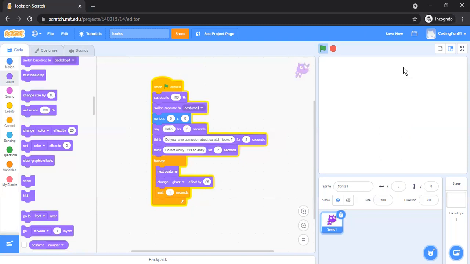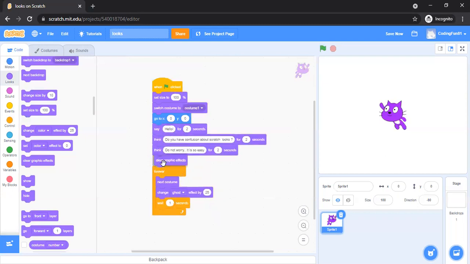My god, it's not there on the screen. Okay, so this is something you can do. Okay, so when we use change effects, we also use with it clear graphic effects, because somehow some places we need these effects and somewhere you don't need it. So where you don't need, use clear graphics effects also whenever you are using this option.